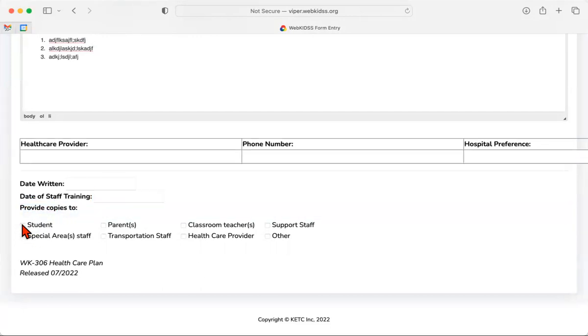So this is nice to be able to document because each year that you create the healthcare plan or carry that healthcare plan forward, there's a couple extra reminders here. Hey, don't forget to provide that to the transportation staff, let's say, because the student has special transportation or rides the general education bus, whichever it is. So this is the